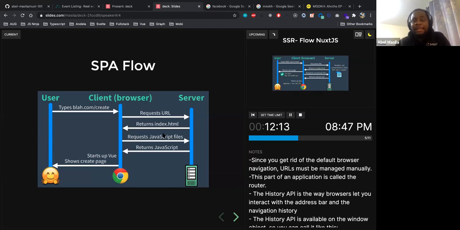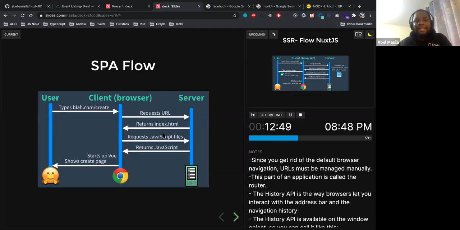But then it's loading. You realize that we need JavaScript to show a carousel, we need JavaScript to show a link. So what happens is that as the HTML page is being returned, your browser will request again for the JavaScript files. This JavaScript file enables you to show links, carousels, to basically make your application lively. So as your application is doing all the rendering and stuff, your JavaScript files are being requested and they are being returned. So once they are being returned, what happens is something called hydration.